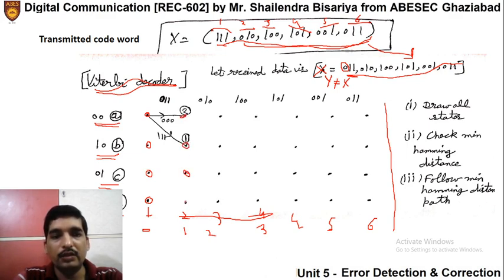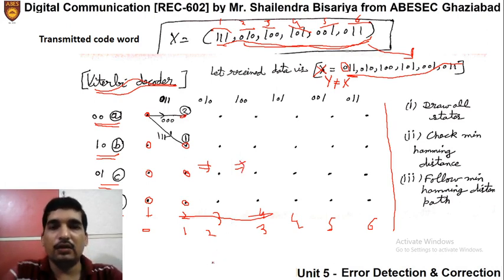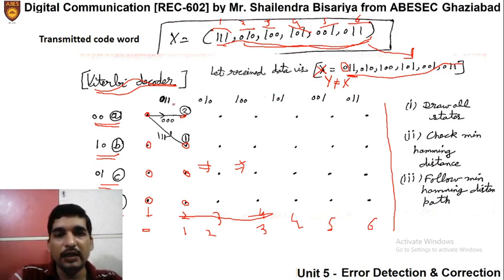For each stage we are drawing these dots, meaning we are representing that if the initial state is this, then where will it proceed after receiving the first set. Then from this state where will it proceed after receiving this set. Similarly we will proceed further again and again. First of all we have to do this one. Okay, and for that I am initially writing here the received code word, that in the first step you are receiving the code word 011.